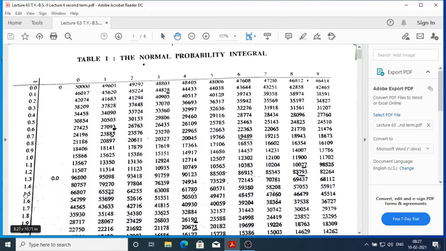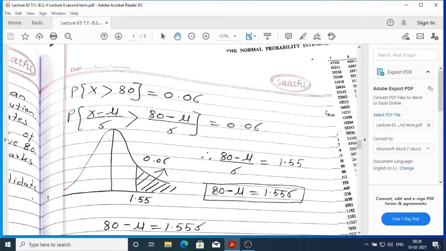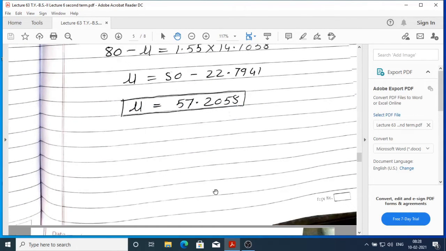So if you observe 1.5 in the fifth column, this is 0.060. This is the nearest value to 0.06. So the ordinate is 1.55. See 1.5 in the fifth column. So we can write this information as